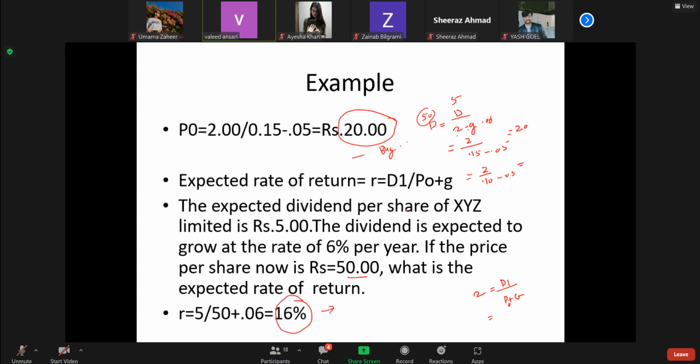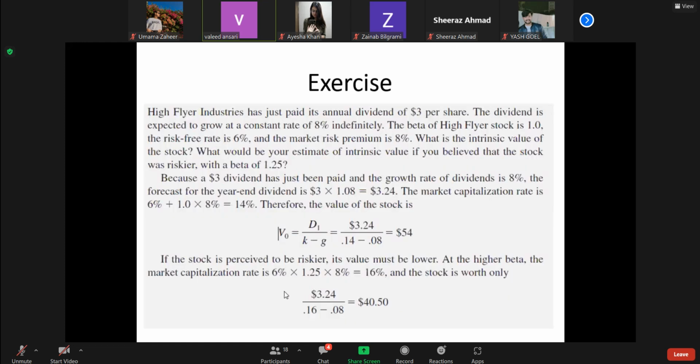Now this is the required return. Same way you can use it, but I am not going to use it because I expect that you know these basic things. Just a few examples I have taken here. Now, the point which I was explaining to you